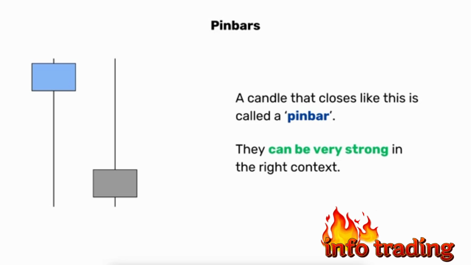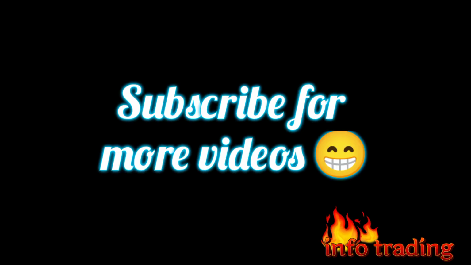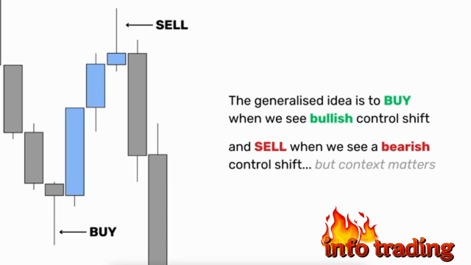The most important part about each of these candlesticks, including pin bars, as well as the engulfing that we showed you before, is that rather than looking at it as just a pattern, you want to consider what the market is actually telling you with that battle between buyers and sellers. This is where the valuable information can be found. So with pin bars or control shift candles, the generalized idea is to buy when we see bullish control